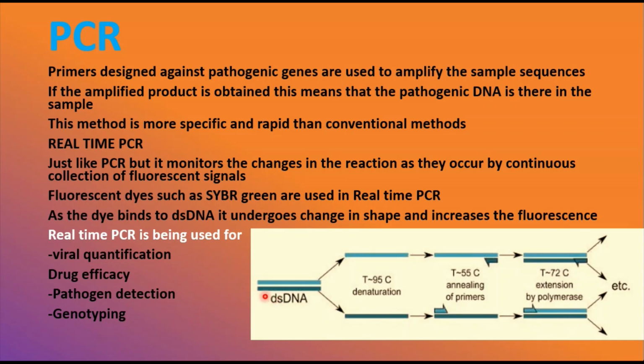So this is a brief note of this PCR technique. Now, there are fluorescent dyes such as in the real-time PCR method. So that means we are going to have so many methods, the conventional PCR, real-time PCR like this. This method is going to be more specific and rapid than our conventional methods like enumerating SPC, then MNC,